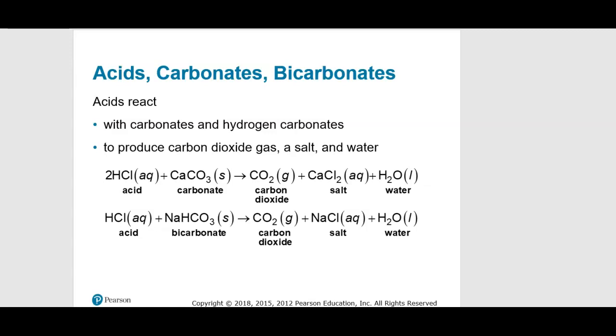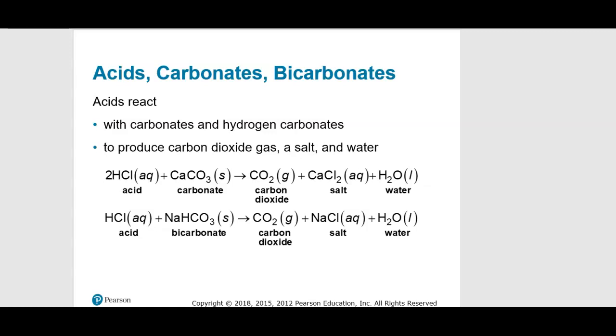It's going to pick up 2 hydrogen ions to give you carbonic acid. That then breaks down to give carbon dioxide and water, and then you're left with the salt calcium chloride. And bicarbonate acts the same way, except it only needs 1 equivalent of hydrogen ion